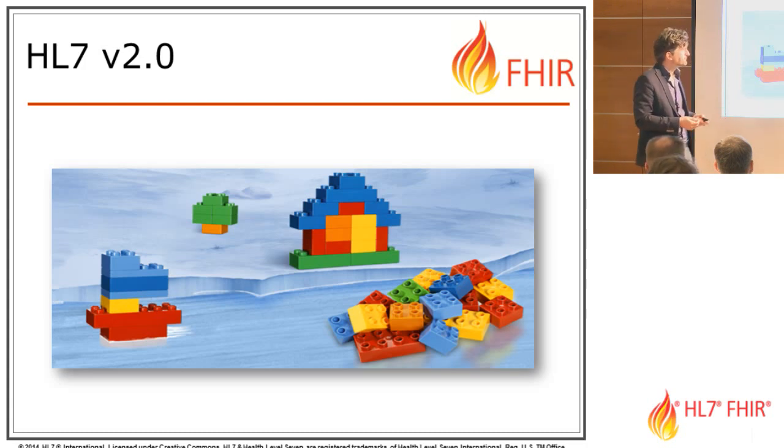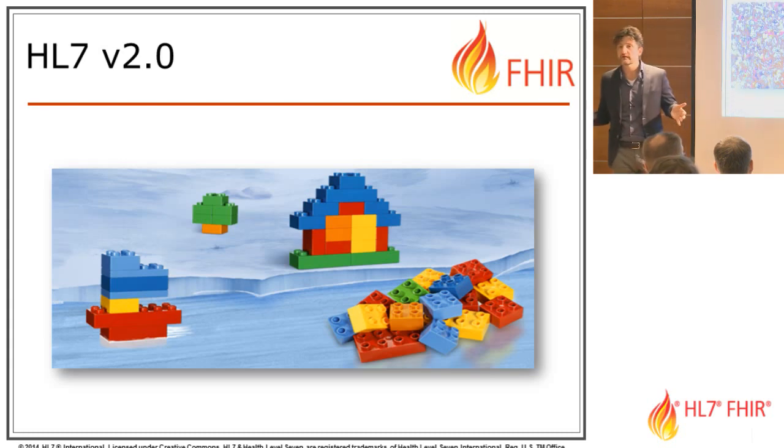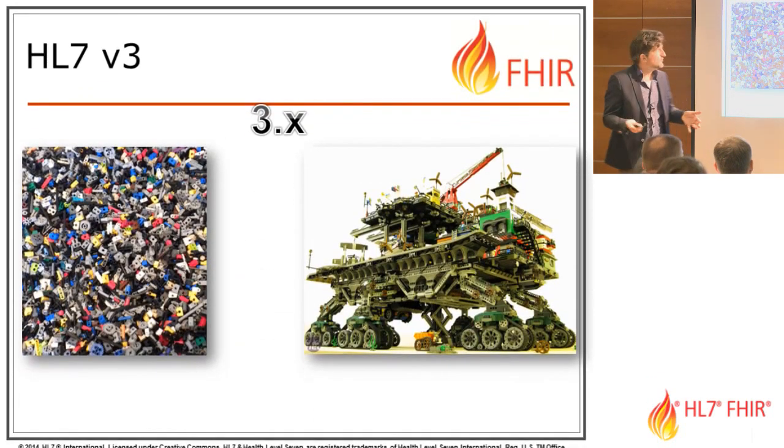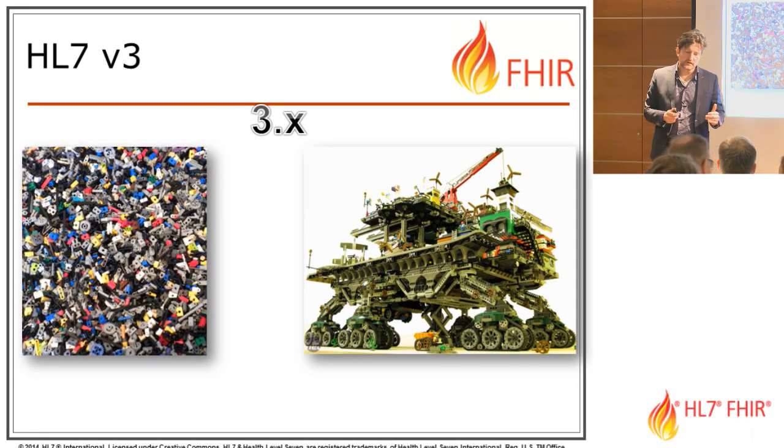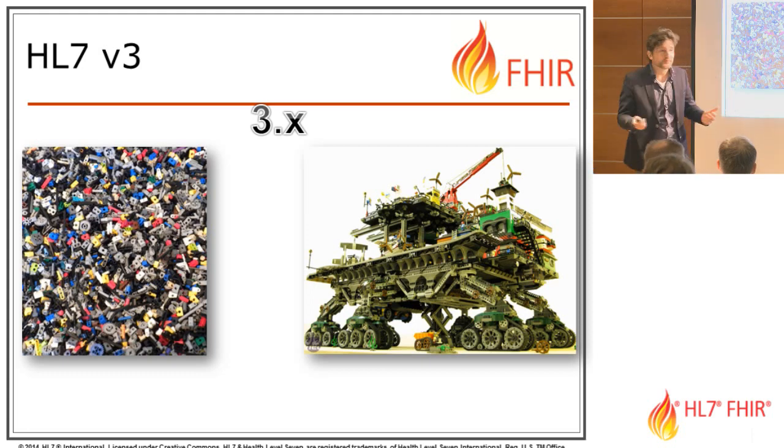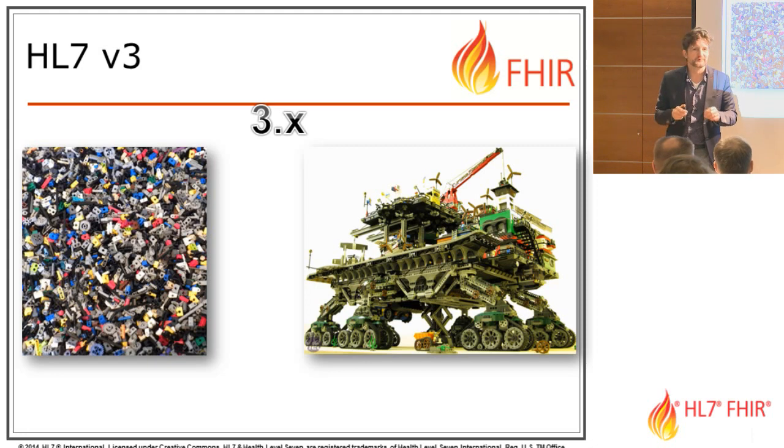So what happened after some time? The HL7 organization came together and said, well, this time around we really know how to do it right. We're going to make the successor to HL7 version 2, which was of course called HL7 version 3. This is what I say to all my colleagues who are not into technology, but especially to our salespeople: version 3 is a successor to version 2, but it's not an upgrade from version 2. If you build a version 2 system, you can't just change a few things and then say, update, update, I'm at version 3. Those are completely different standards. That's important to realize